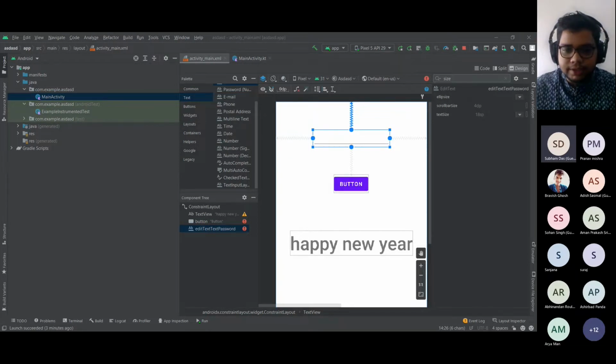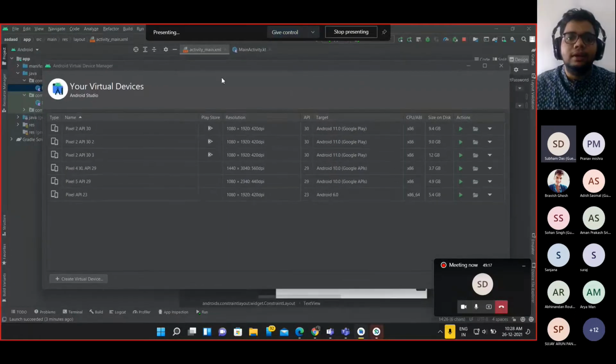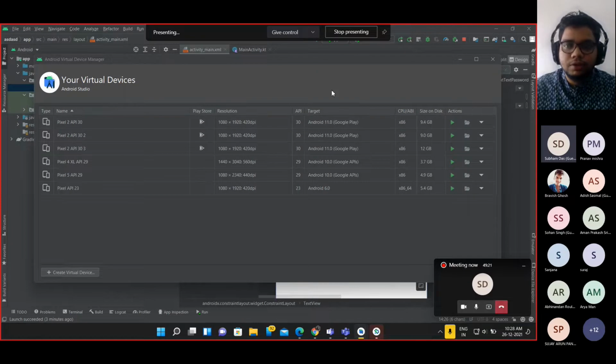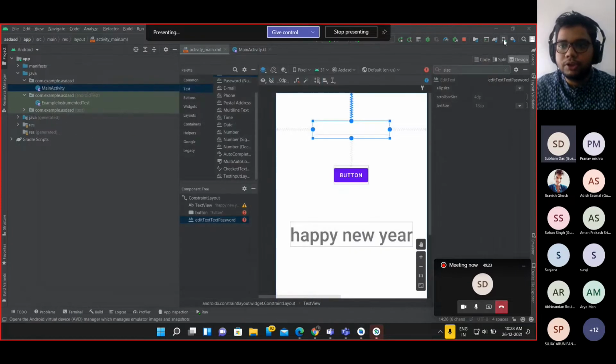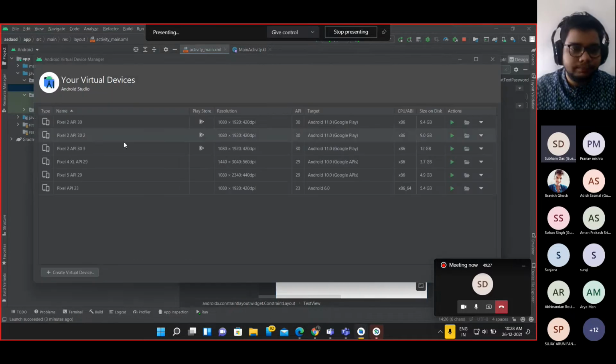Or let me just share my entire screen so that there won't be any problem. Okay, I think you can see now the entire screen. So this is what would open once you click on this AVD Manager, which is a small phone-like button.